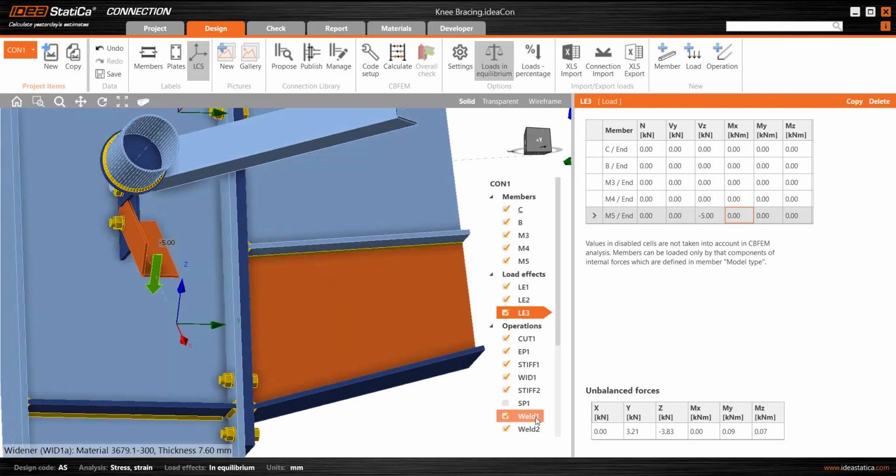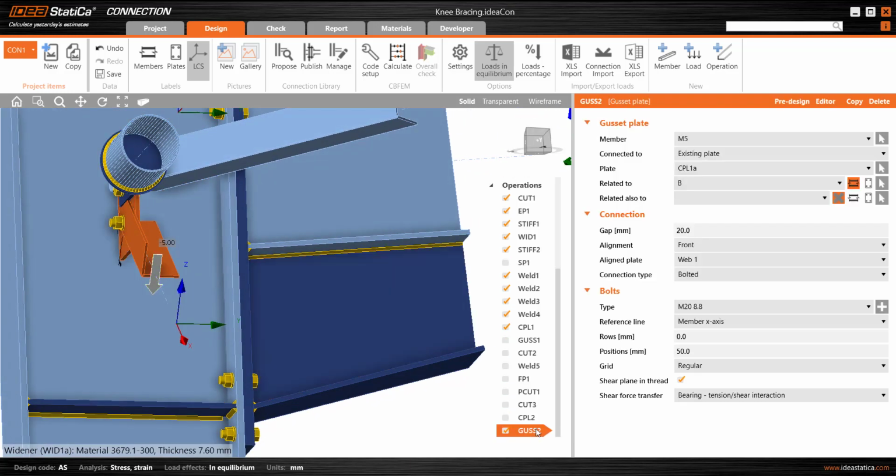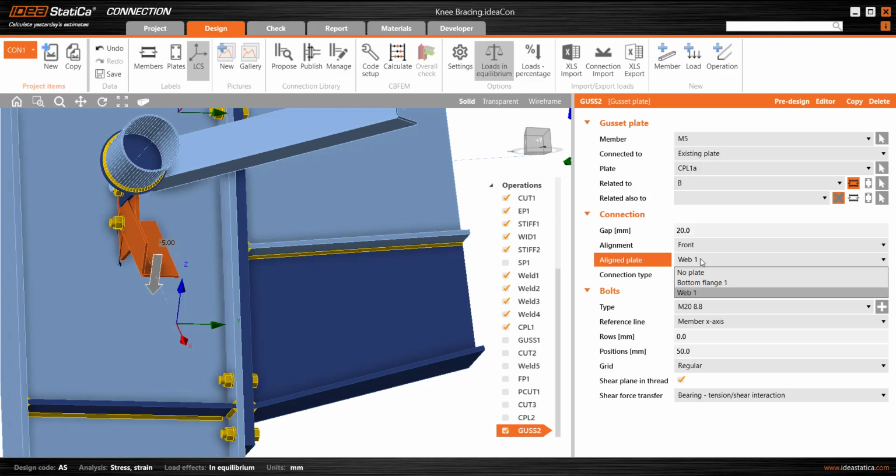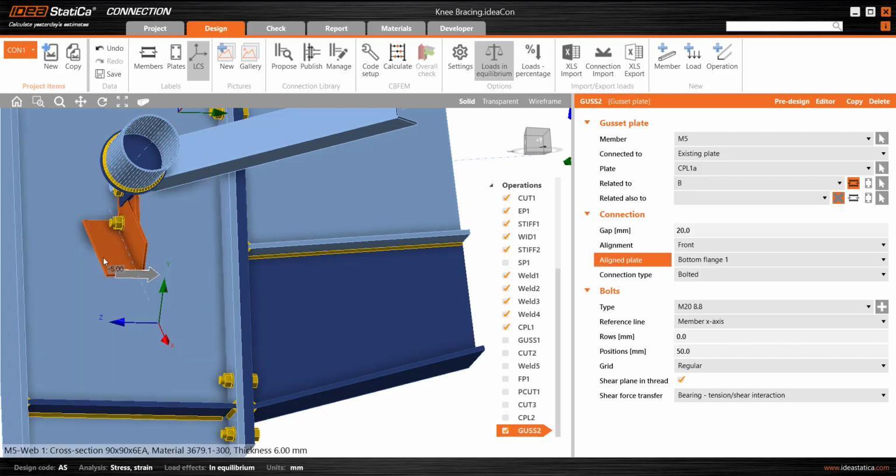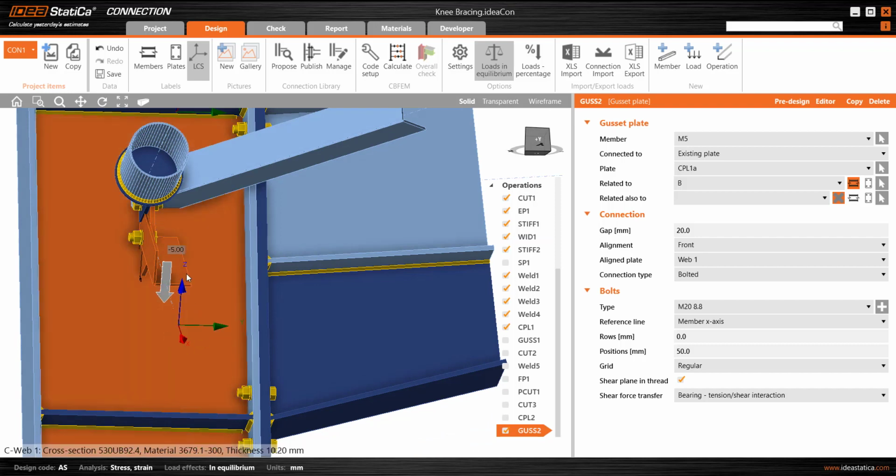And if I go back and make the change that I did before and connected it to the bottom flange to get the correct orientation, we see that the shear force is now horizontal as opposed to vertical, which it perhaps should be. So I don't think this is a good way to change the direction of the angle. So let's just go back and attach this to the web as we had it before, and we see that the force is vertical, the axes are correctly aligned,